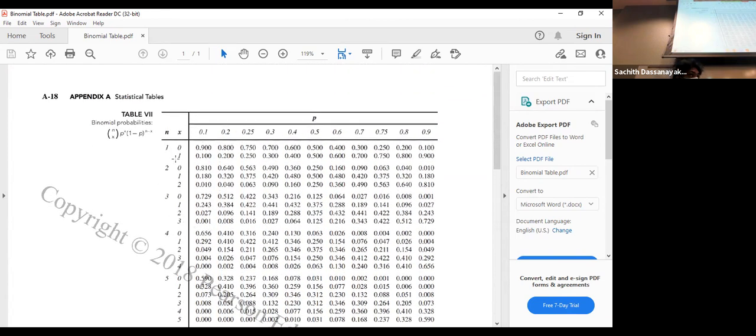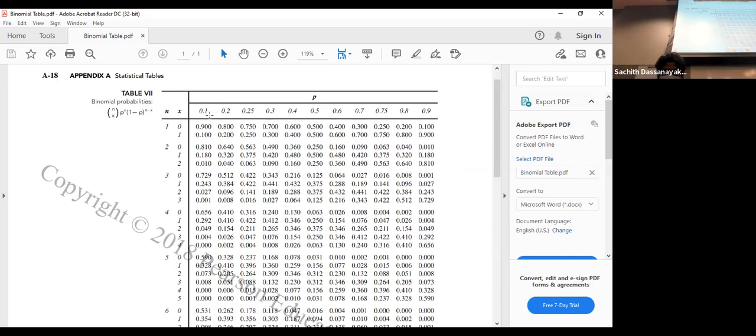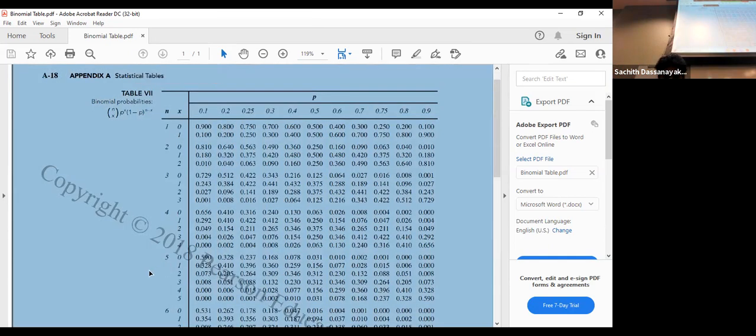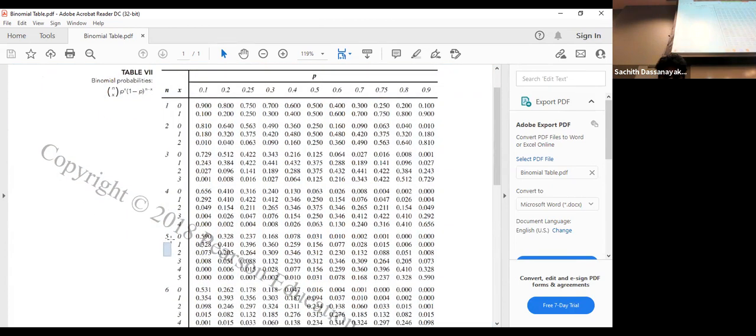For example, our previous example, we had n equal 5. Sorry, I cannot write on this PDF. n equal 5, and let's say the first one, x equal 4. First part, what is the probability? n equal 5 means this one. So based on this, what is the x value? 4. I'm talking about the first part. 4 is this one.